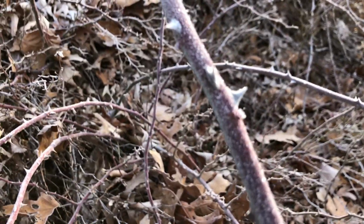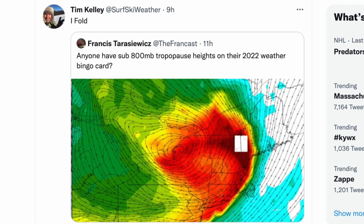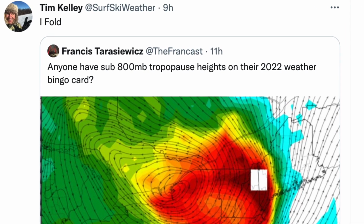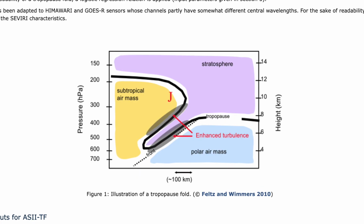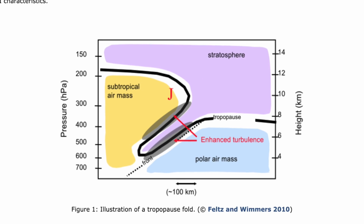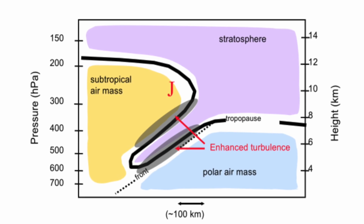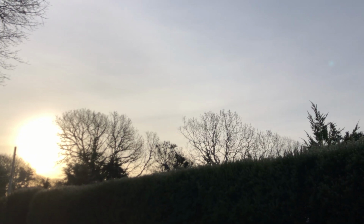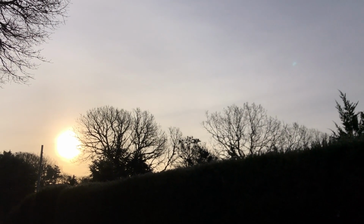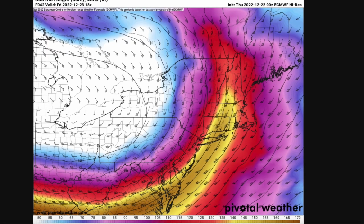Ouch. It's a major storm incoming. Shared something on Twitter yesterday. I kind of retweeted something and said I fold in response to Francis talking about the potential for the tropopause. That's where the strongest winds are in the atmosphere, the lower atmosphere anywhere, up in the top of the troposphere on the boundary with the stratosphere. Anyhow, he said that could come down to a level very close to the surface of the Earth. So wind that's often up around maybe 30,000 feet potentially could mix down to close to the top of Mount Washington. And that wind up around 30,000 feet,